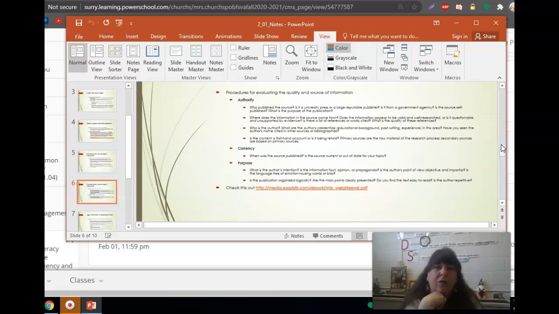Procedures for evaluating quality and source of information. Authority: who published the source? Make sure that person is someone who knows about what you're talking about, and not just somebody on the street giving an